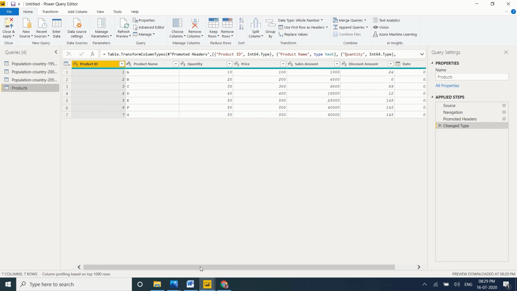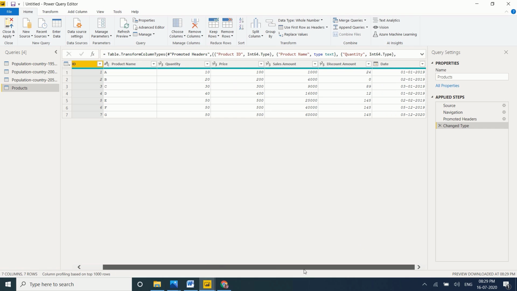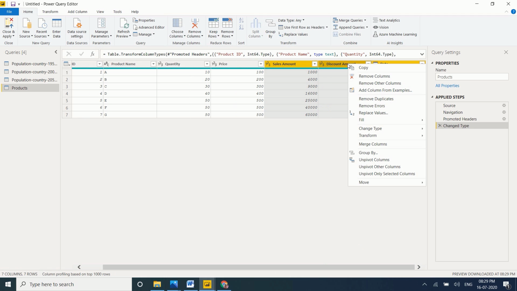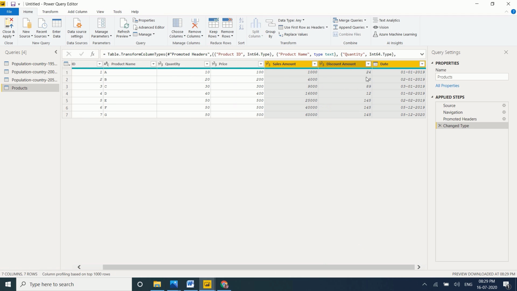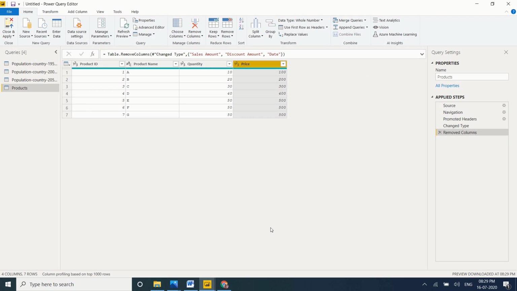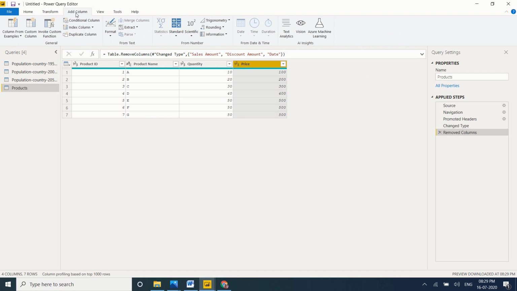Okay, in this table we have less data. Okay, now I want to delete these things. Remove columns. Okay, now in add column section there is option to create custom column.